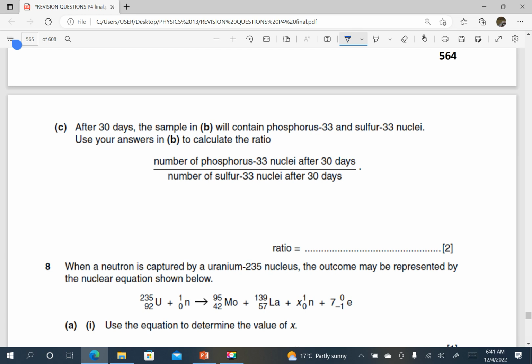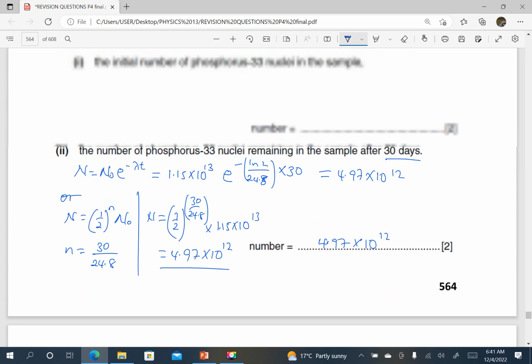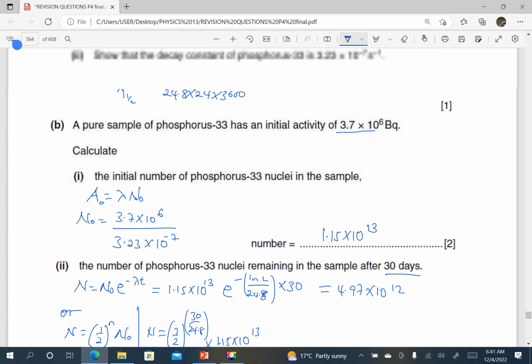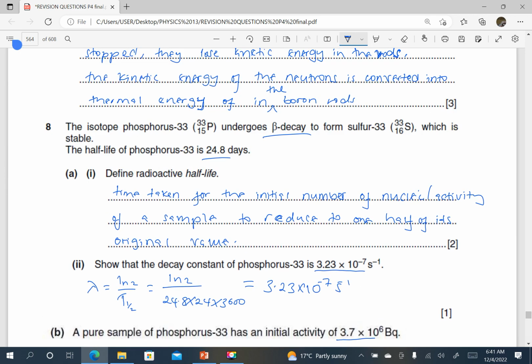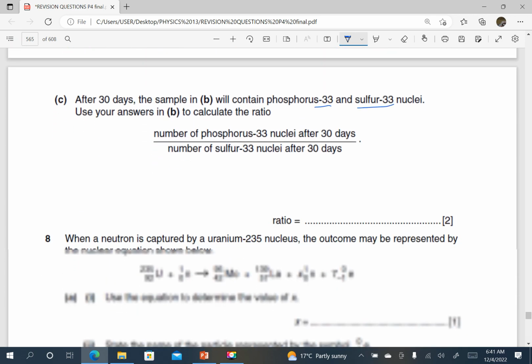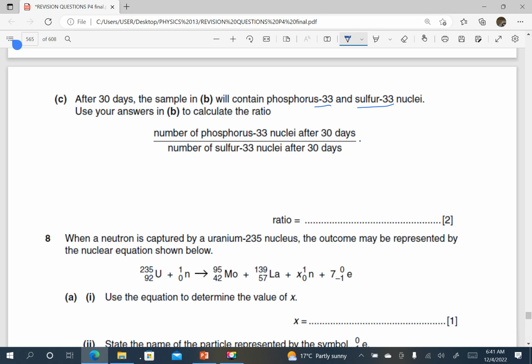After 30 days, the sample in B will contain phosphorus 33 and sulfur 33 nuclei. Remember, initially there was only phosphorus, but they're saying after 30 days, there is now phosphorus 33 and sulfur 33 nuclei. In other words, initially there was only phosphorus. Now there is also sulfur. That means the number of nuclei of phosphorus must have reduced as sulfur was emitted. And how many